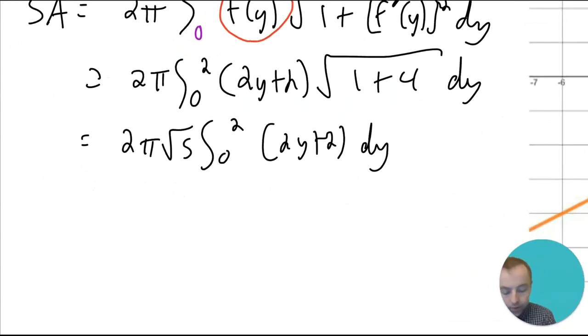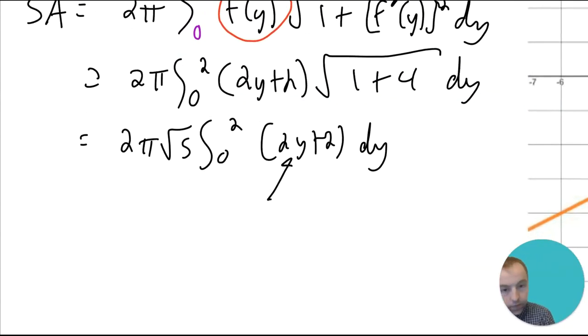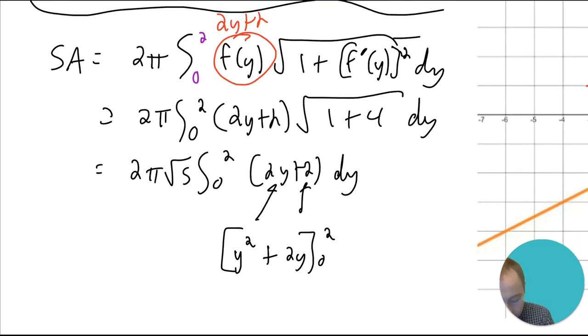So then you just find an antiderivative. So antiderivative of 2y would be y squared. Squared derivative is 2y, right? And then antiderivative of 2 is 2y. And you can plug in 0 and 2. If you plug in 2, you get 4 plus 4, and you plug in 0, you get 0 plus 0,